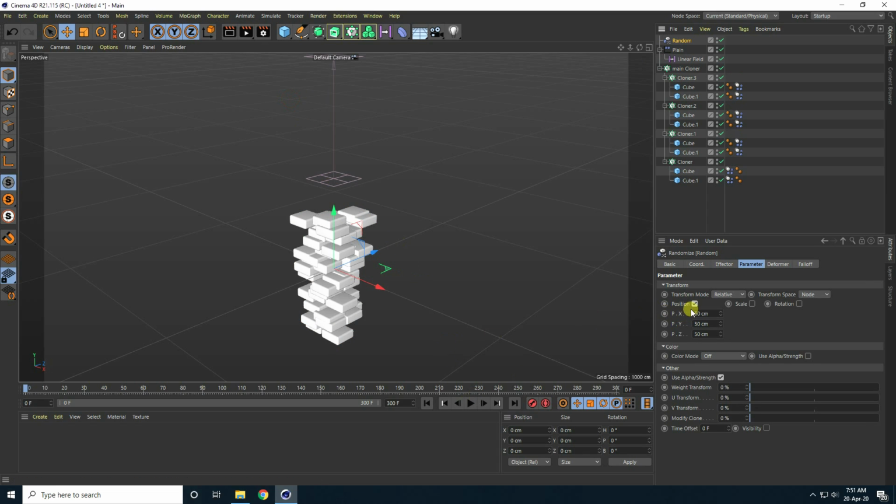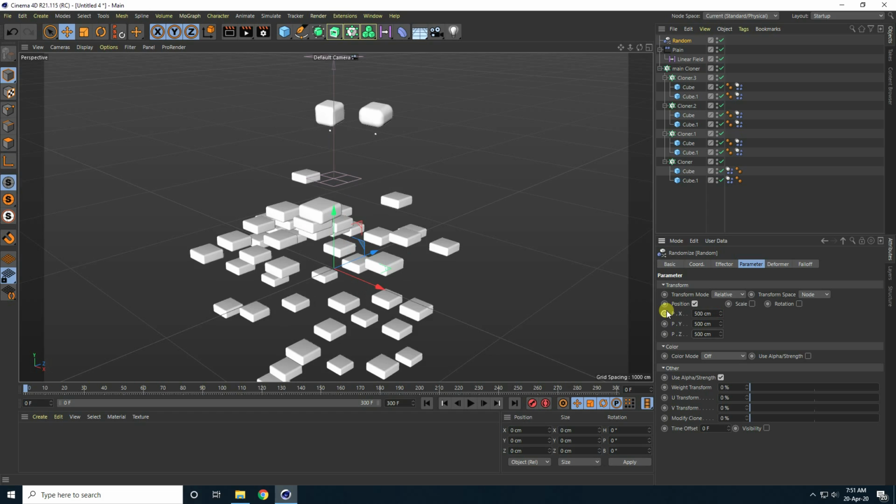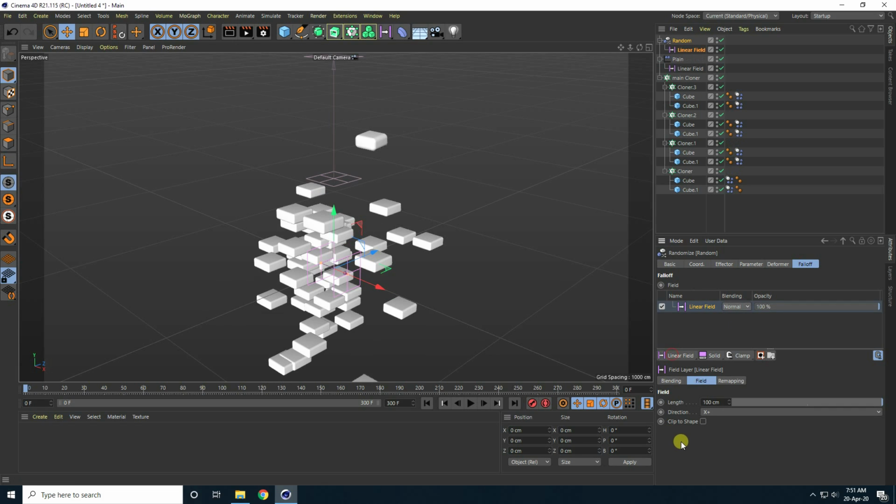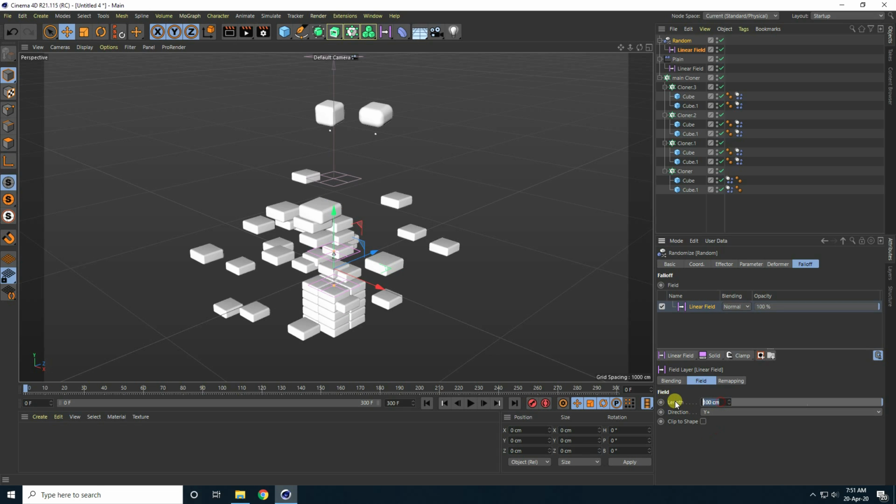And for position, all positions guys, I take 500, 5 and 500. And same falloff and linear field check. And guys, direction I take plus Y. And length I take the same 300.